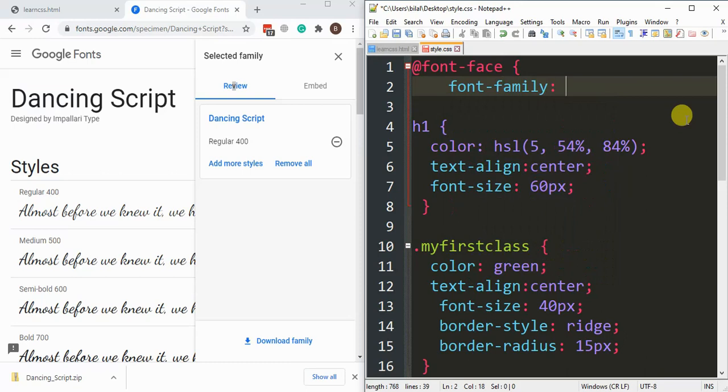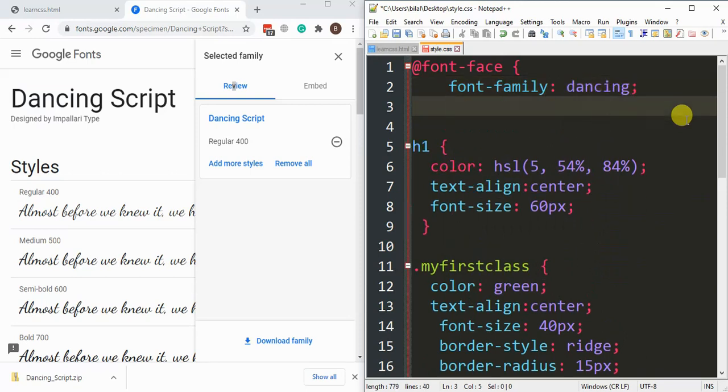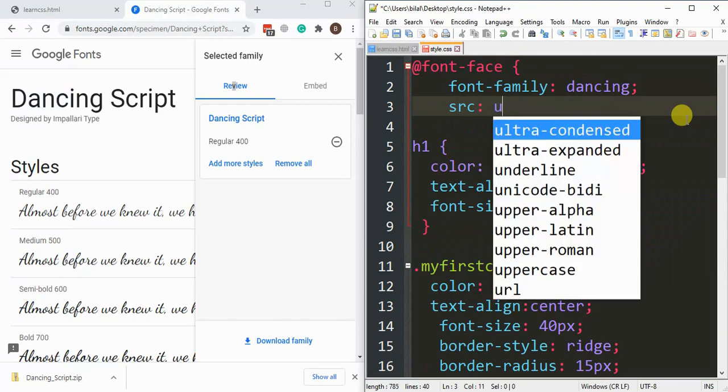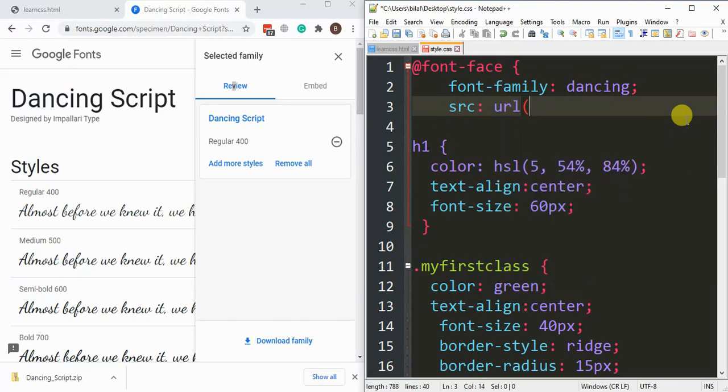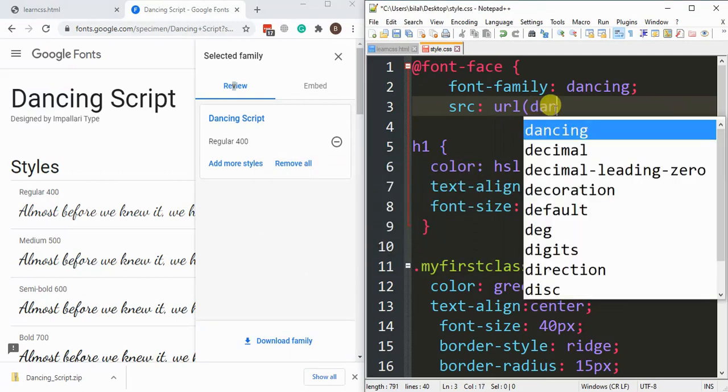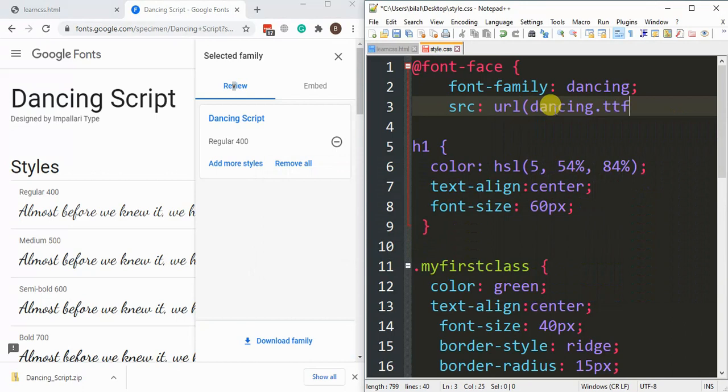So in this case I'll just write dancing and mention the URL where the font file is present, which is on the desktop, by the name of dancing.ttf. So that's our font file,